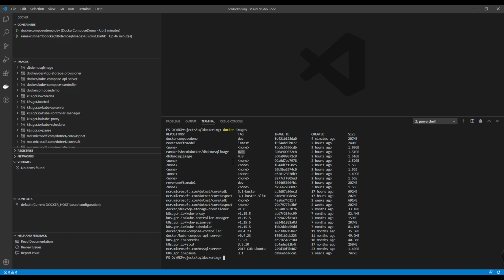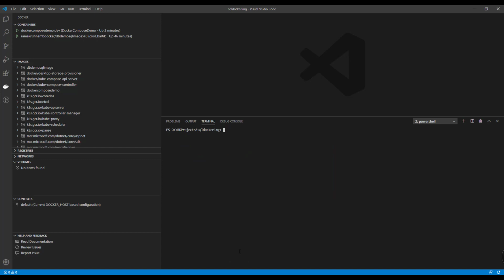So we need to run this image, and we'll connect to this SQL Server Docker image through our SSMS and verify that a test database exists there with a few data in it. Now run this image: docker run. We need to specify the port. We'll run it on the default TCP port for SQL Server, both internal and external, and give the image name.